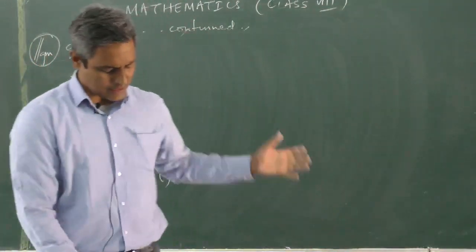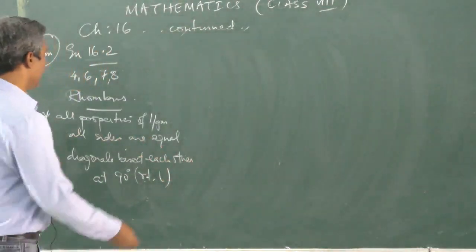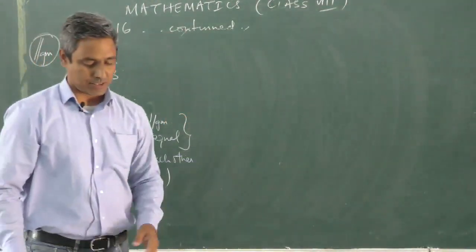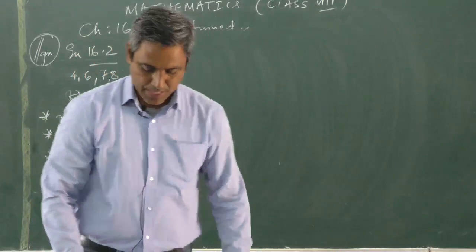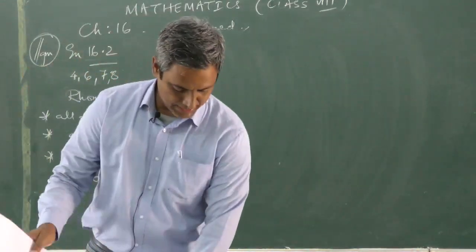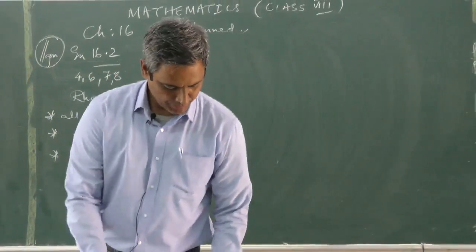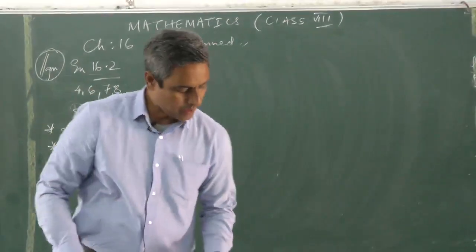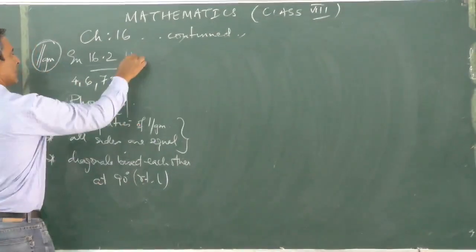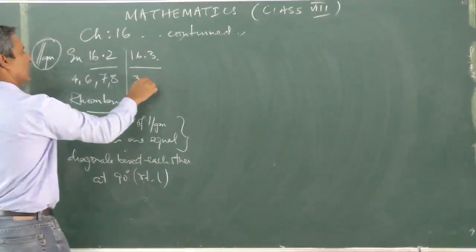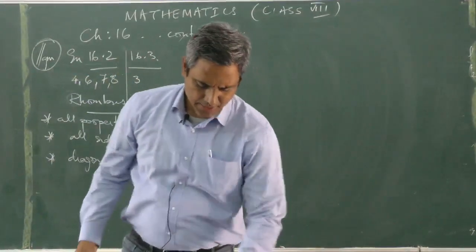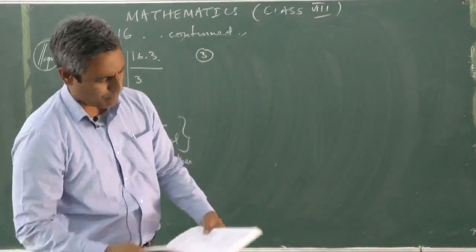So a rhombus is a parallelogram. If you look at your book, a rhombus is a parallelogram with adjacent sides equal and its diagonals bisect each other. Moving on to exercise 16.3. Question 3. It says the diagonals of a rhombus